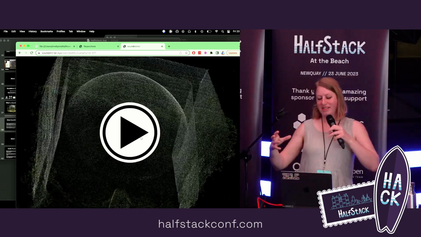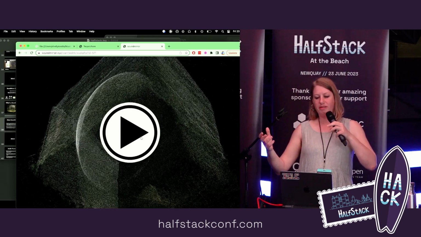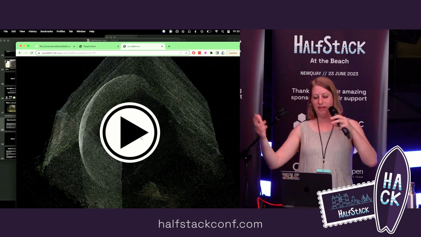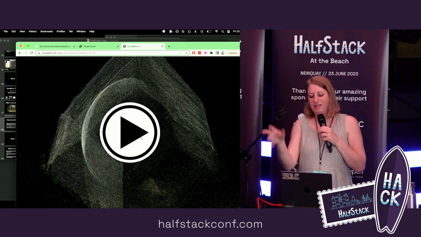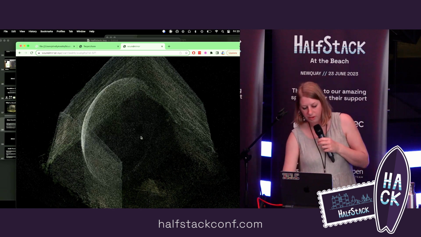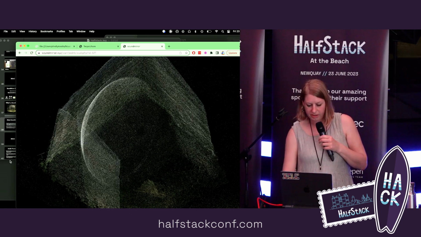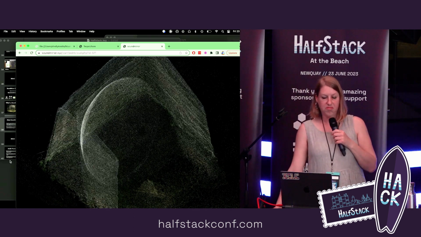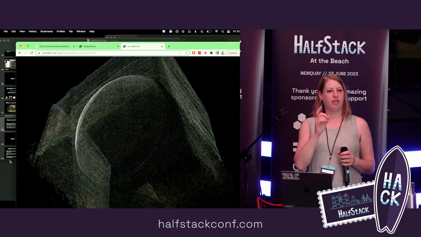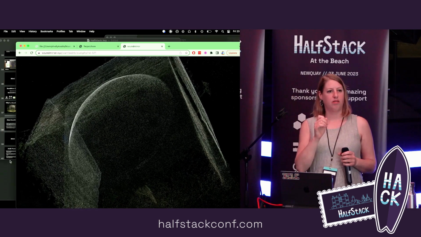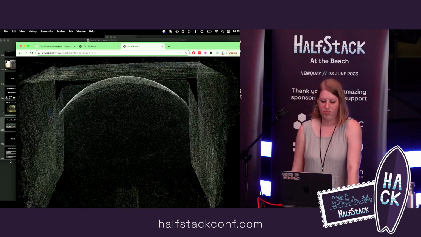So he did a LiDAR scan, I think, of one of the sound mirrors, this huge structure, and made a point cloud model out of it, and that essentially interacts with the audio. So it's potentially quite quiet, I don't know. Are you getting audio? No. Okay.